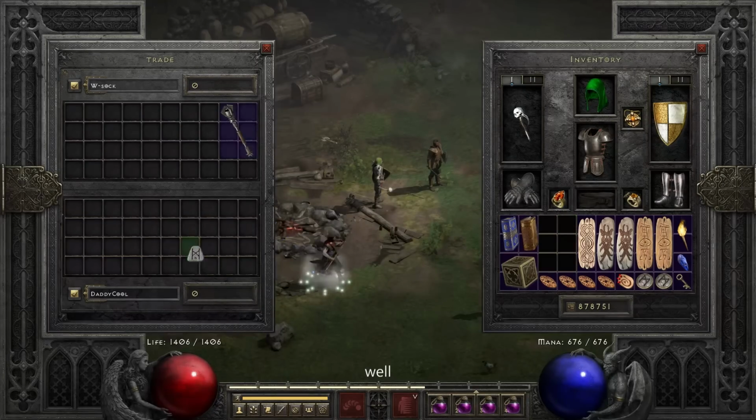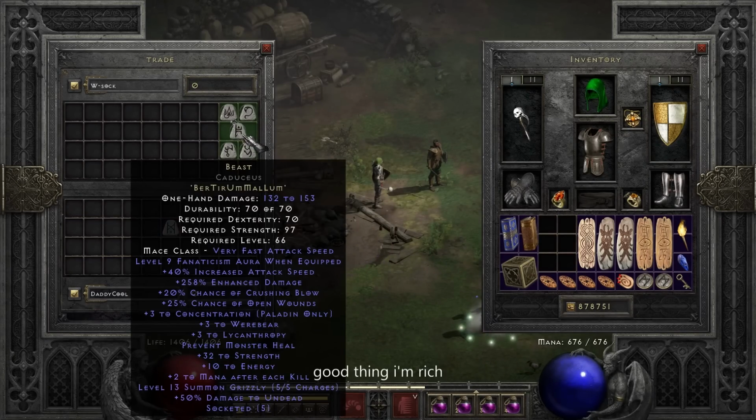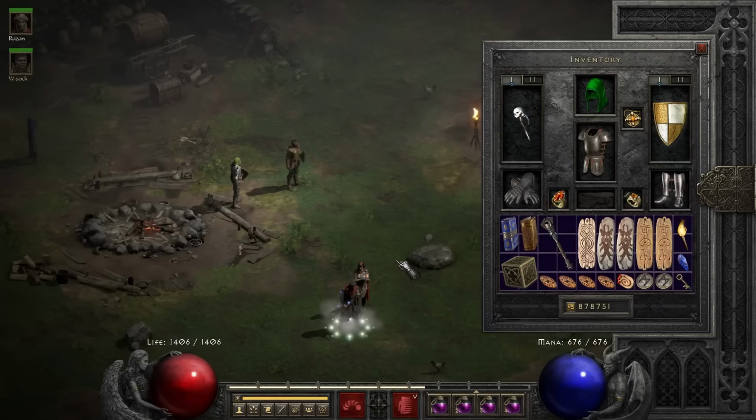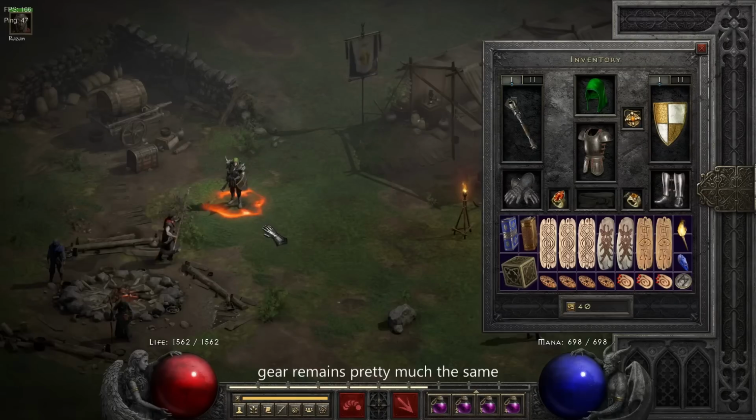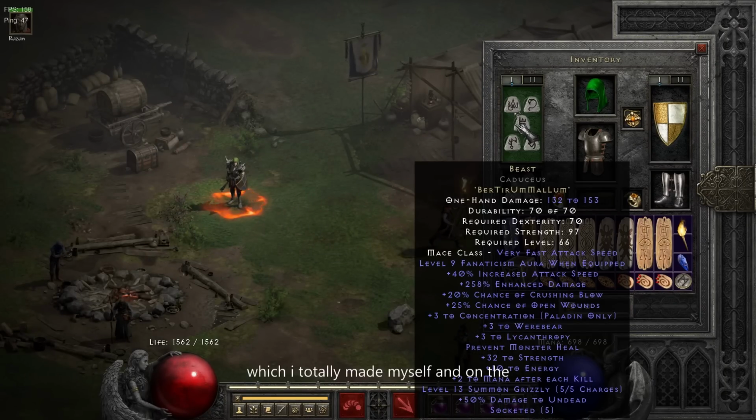Well, good thing I'm rich, right? LOL. So for our final exploit, the gear remains pretty much the same other than the beast, which I totally made myself and on the first try without messing it up because I've been playing this game for so long. That would be really embarrassing if I...